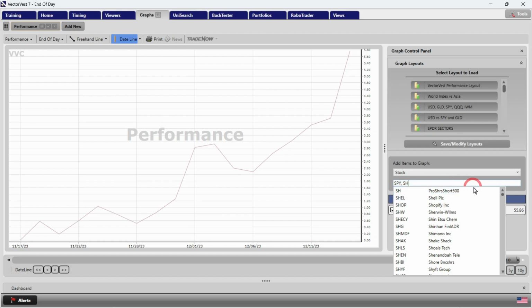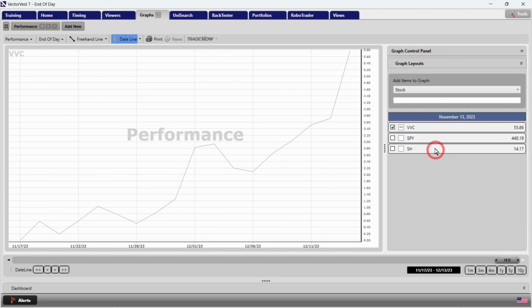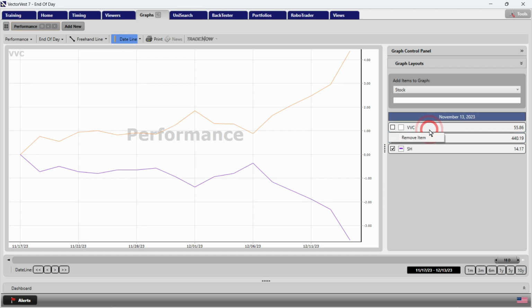SPY, S&P 500. So we'll type in those two symbols, click on enter, drops them down to the bottom of our menu. I'll just close up the graph layouts there, and I'll check the SPY and SH, just left clicking in those areas. I'll take off the VectorVest composite. We can see it on there, and I'll actually right click and remove the item. So now I've got the SPY for the long side and SH for the short side,